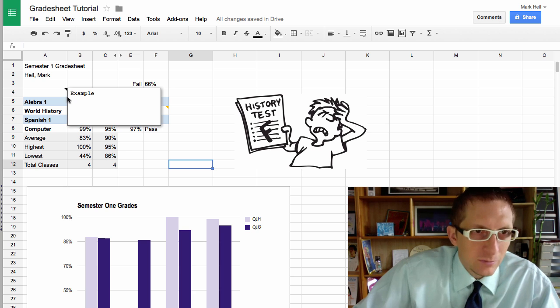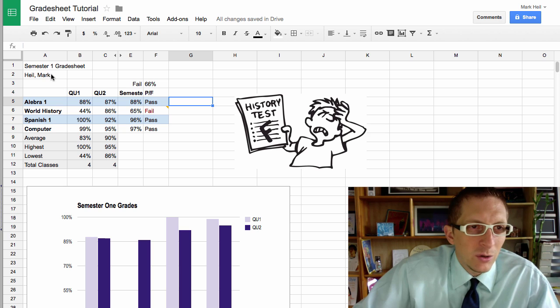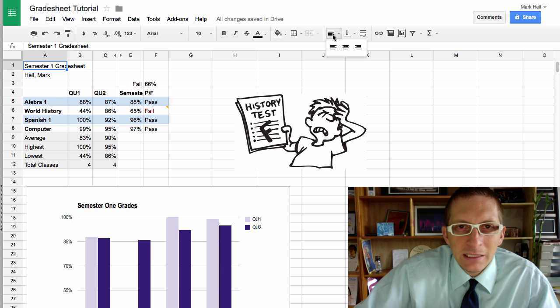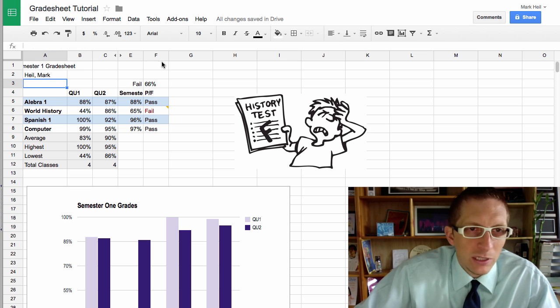So I'm going to undo that one though. Okay, so last thing I want to show you is how, notice grade summary. Let's say we want to center that across our grade sheet right here. Well, to do that, if you click that and hit center, it only centers it on that one cell. So if you want to center across all of these cells, you need to highlight all of them, and we're